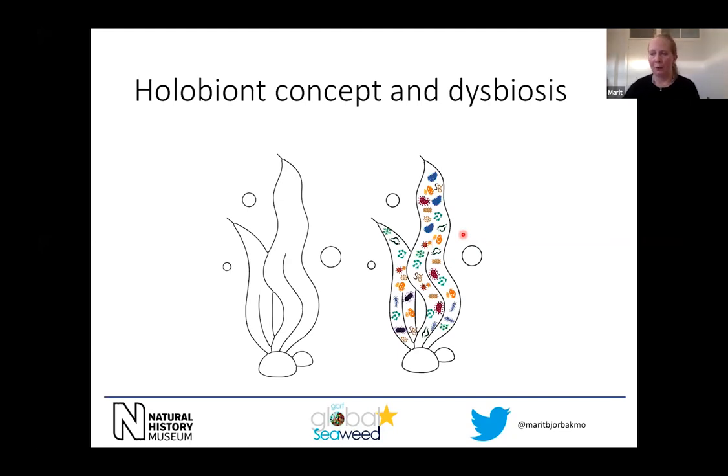So a shift in the microbial community from a healthy to an unhealthy microbiota can have negative consequences for the host. And this is also what is called dysbiosis. Dysbiosis can be caused by, for instance, increased temperature due to climate change, which causes stress on the host. And this can potentially be particularly crucial for aquaculture crop populations with low genetic diversity, which makes them more vulnerable and potentially less resistant to pathogens spreading amongst individuals.